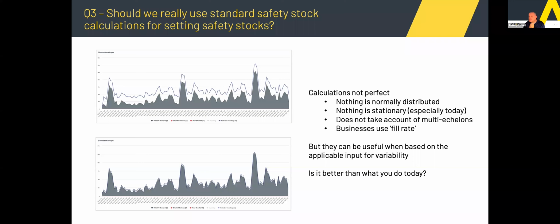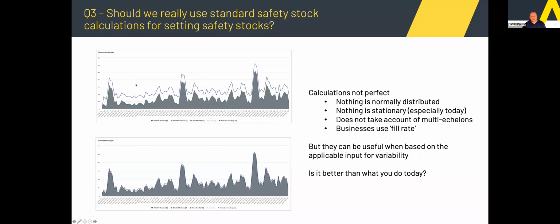I think one, it doesn't necessarily outperform on a multi-echelon network because there are some complications there. So we need to adjust the safety stock for the multi-echelon network and do more simulation and algorithm work there. And then also, I think where it gets a bad name, these two graphs show the case in point. We have to be inputting the right measure of variability into the safety stock calculation.